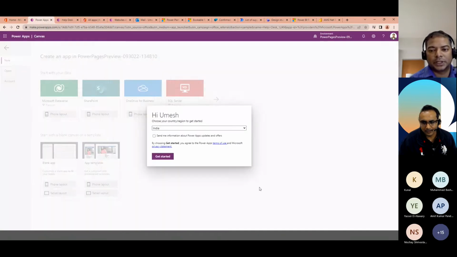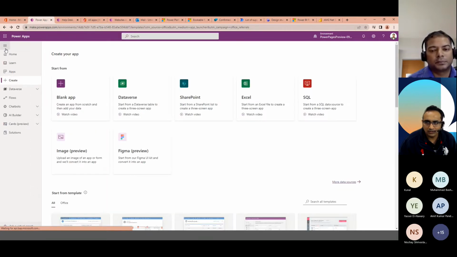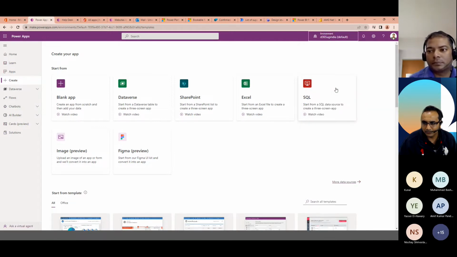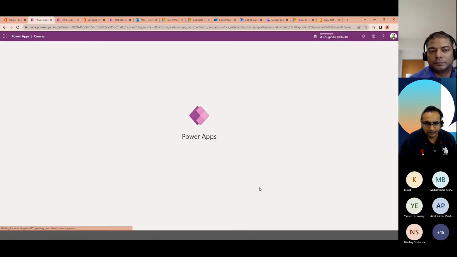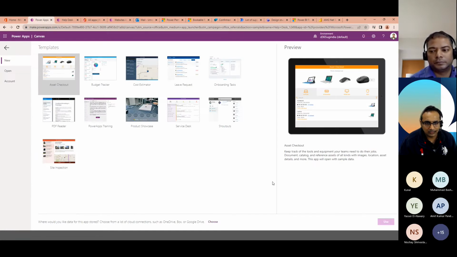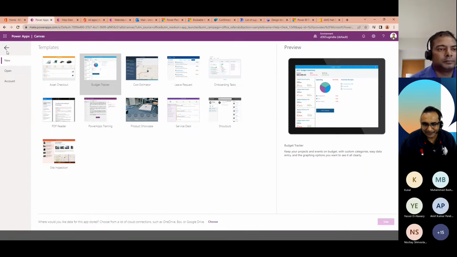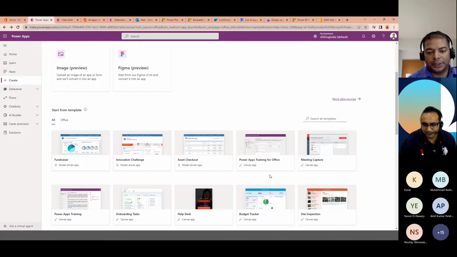No, it is again asking me to get started. So if you go back once, we'll just try one thing. Go back from the environment, select your default India environment on the right hand side. Yeah. Just try now. And maybe select. Yeah, I'm not sure if maybe your user is not set up correctly. Yeah, might be the case, but I think